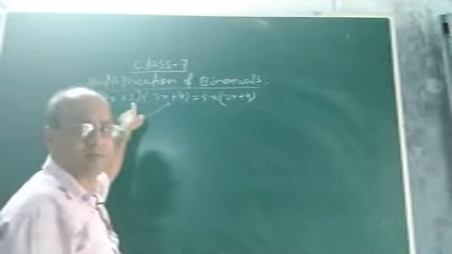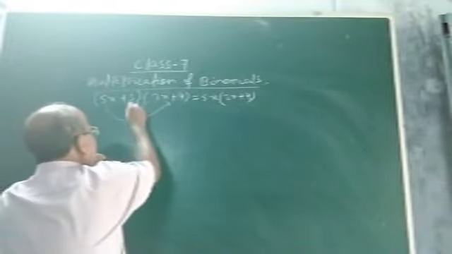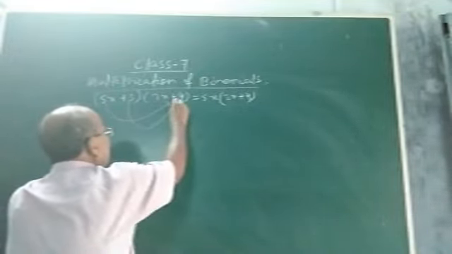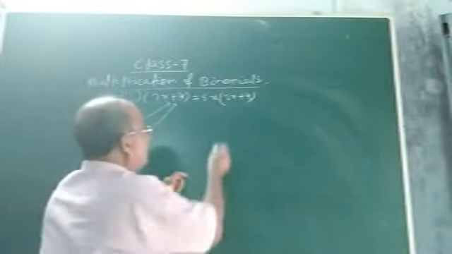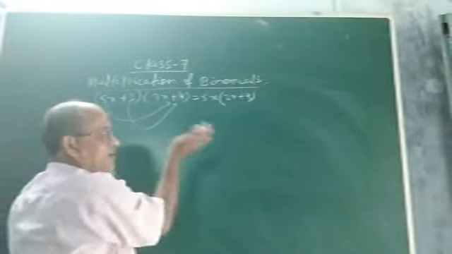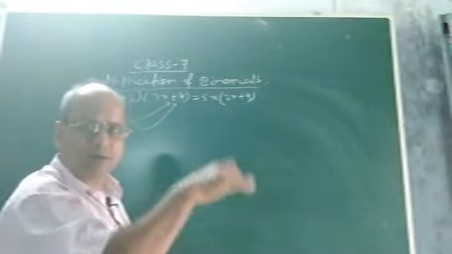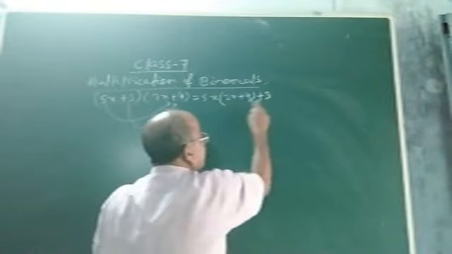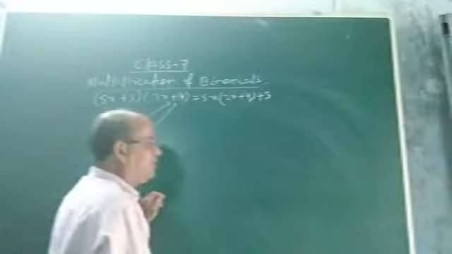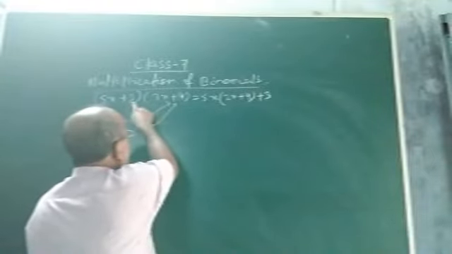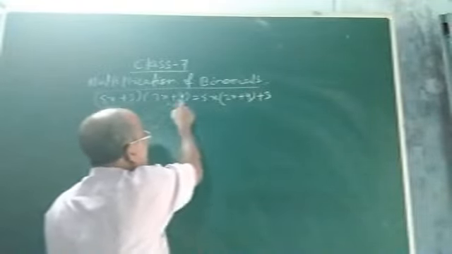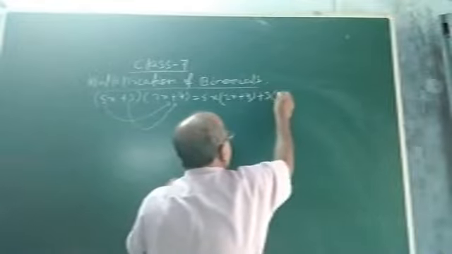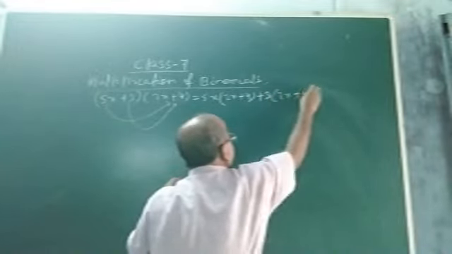Okay. Now what is the second term of the first binomial? It is 3. Now again this 3, which is the second term of the first binomial, is to be multiplied by the second binomial. And what is the sign here? See, what is the sign of the second term? It is plus. If it is plus, you will write plus. If it is minus, you will write minus. So as it is plus 3, write down this second term of the first binomial. Then multiply this monomial by the whole second binomial, that is 2x plus 4.